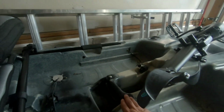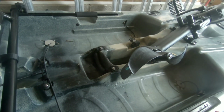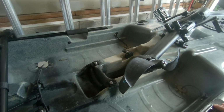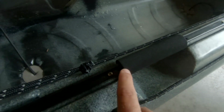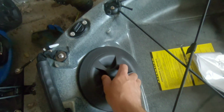It comes with a splash guard that I've yet to put on there, because I'm always getting wet on a kayak because I pull all these plugs and I stand up on it, and so I don't really see the need for a splash guard yet. You can put things on these racks, and it's also got